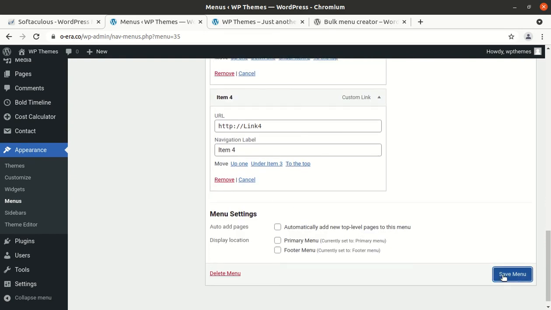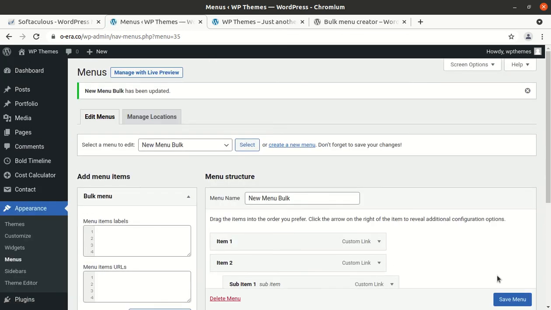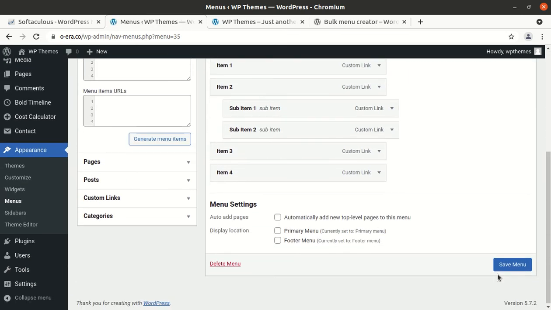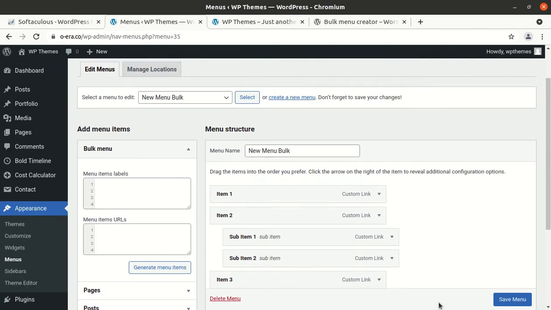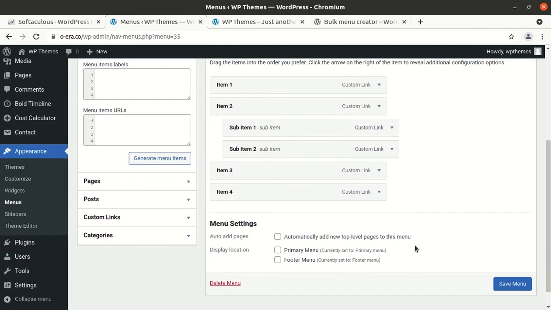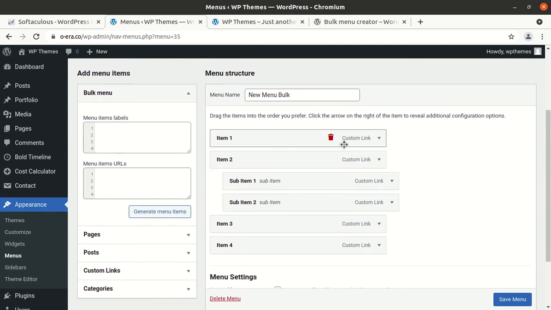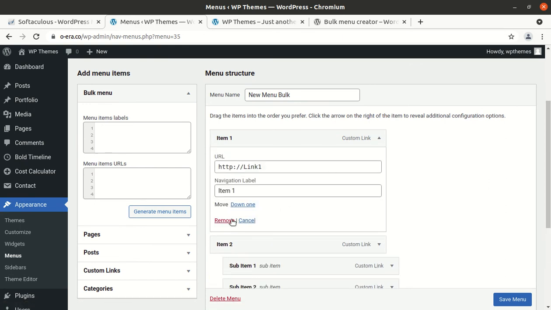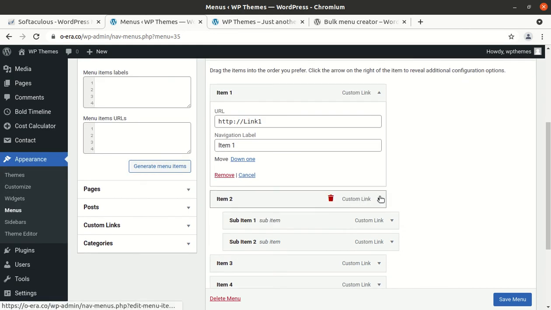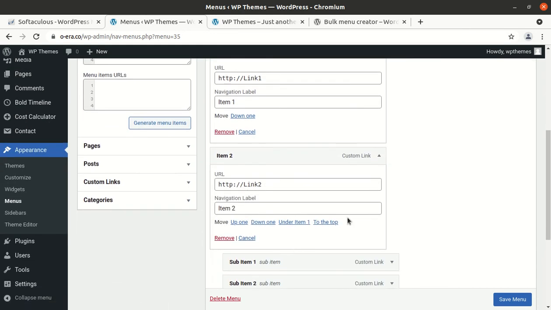Simply click on save menu. Finally, don't forget to click on save menu. In fact, now the wonderful thing is that we can even delete the items. Deleting an item from a menu is always time taking, because we have to open the menu items one by one, and then click on remove.